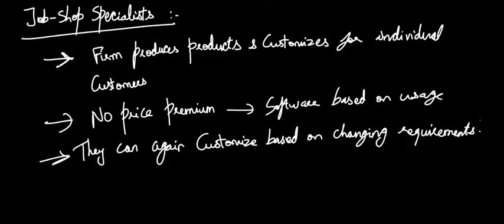In an end user specialization, the products are customized, but with the change in consumer mindset, the firm doesn't cater to the change. The customer has to go for a new product rather than a better product. But in a job shop specialization, the customers can again go for the change, and the job shop specialists cater to the change and serve the same consumer in the same way as they served the consumer in the past.